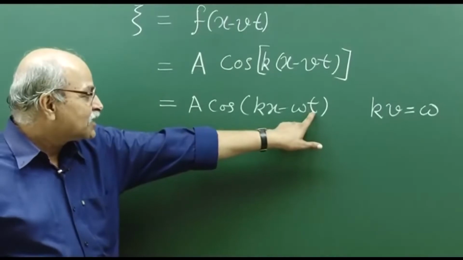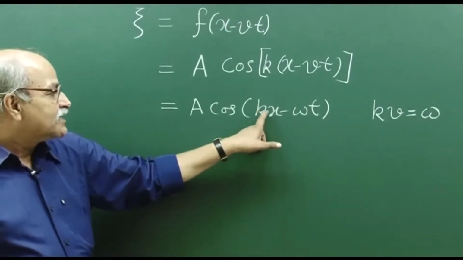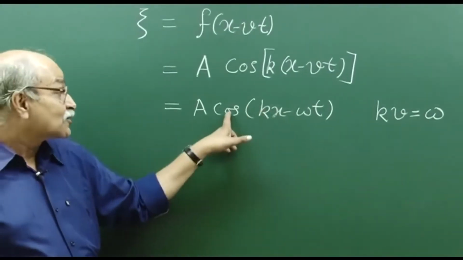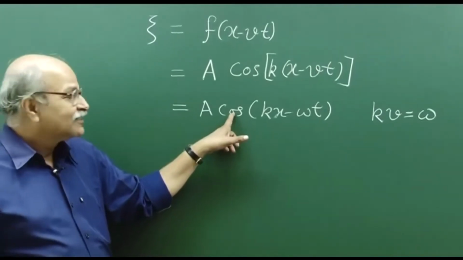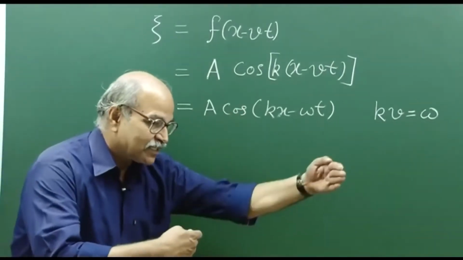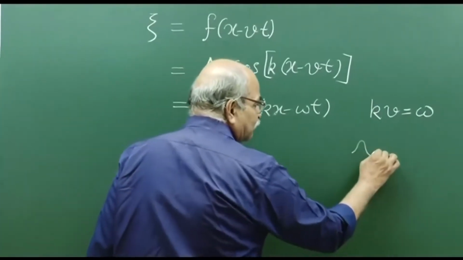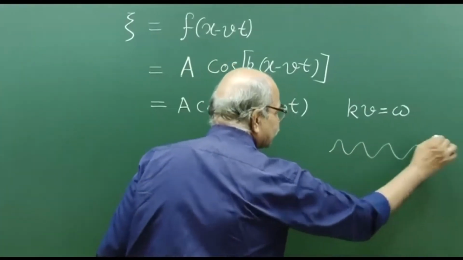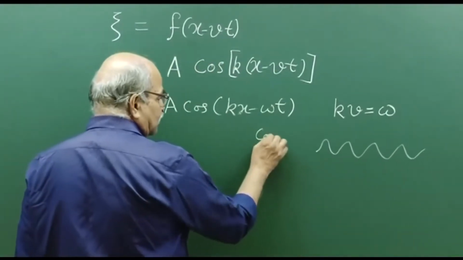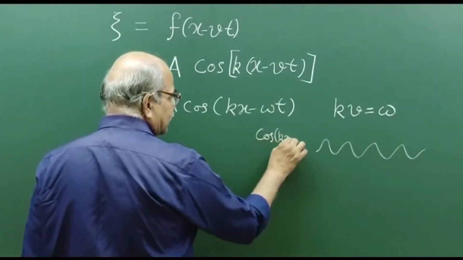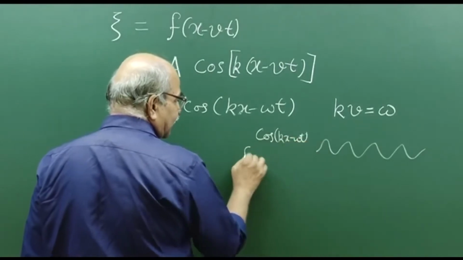At a particular instant, if you see, it changes with x, and that also is this cosine function. So you will have periodicity in the space, and because of this cos function, if you plot cos(kx minus omega t) for a given t,